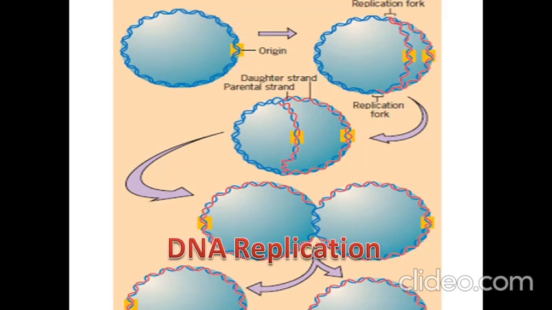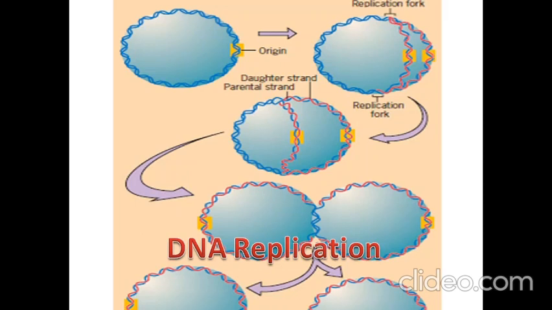next generation. Before a cell divides, it is important that the DNA it contains should be duplicated, and one copy of that DNA stays with the parental cell, and one copy of that DNA is transferred to the next cell, or the daughter cell.